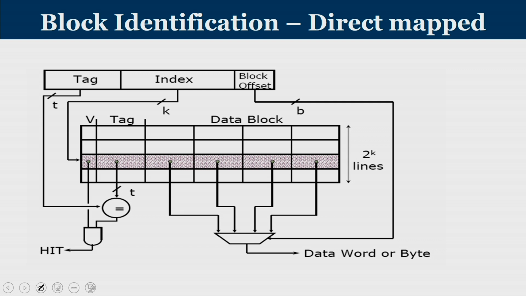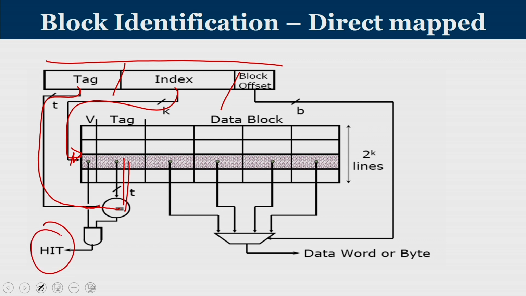This is how a direct mapped cache looks at the organizational level. Whatever address you get from the CPU, the physical address, you divide into tag, index and offset. Using the index, with a decoder, you go to one particular set of the cache and extract the tag value. The tag value is extracted and compared with the incoming tag, and if it matches, it is known as a hit.